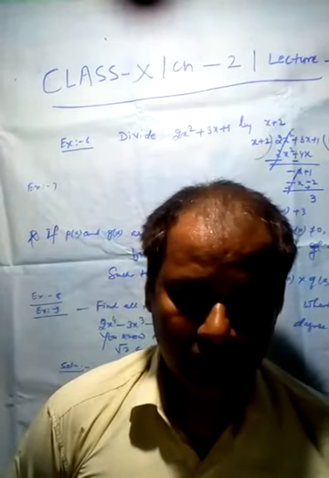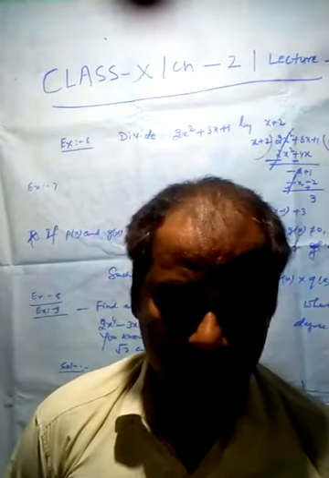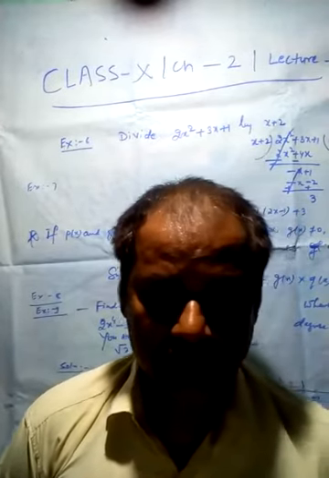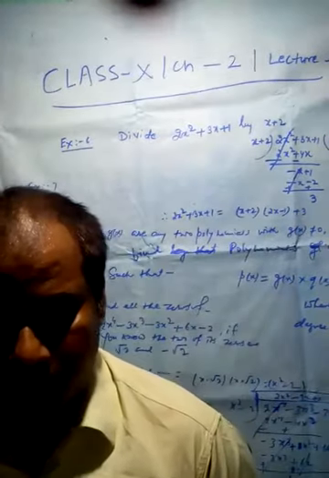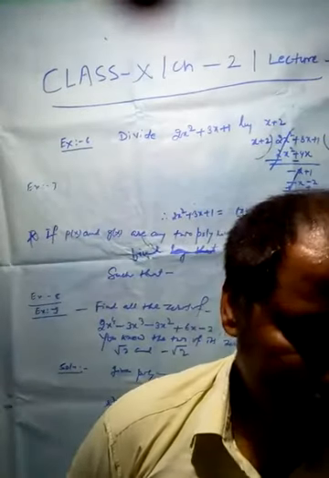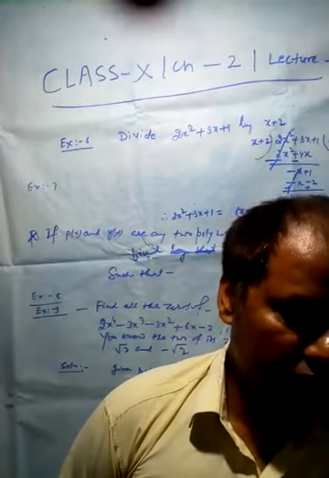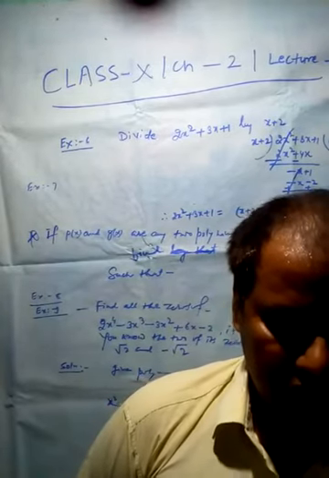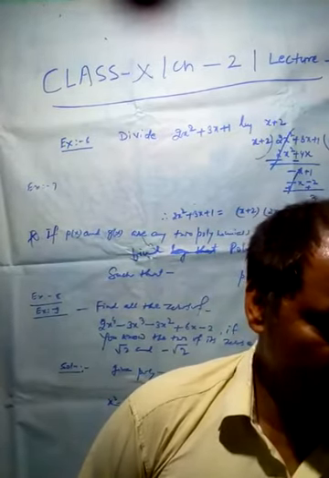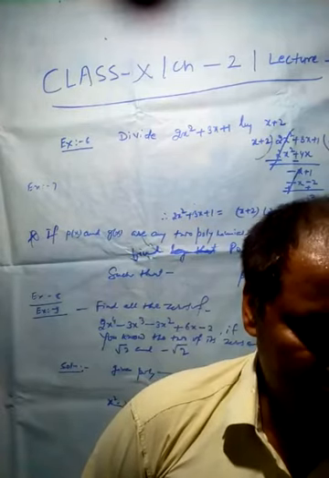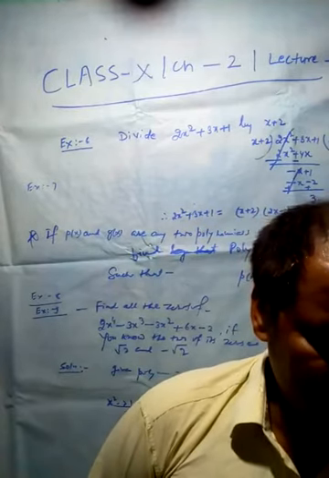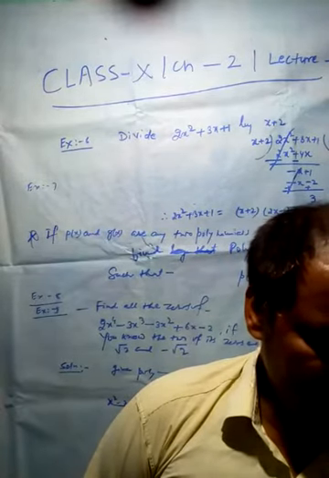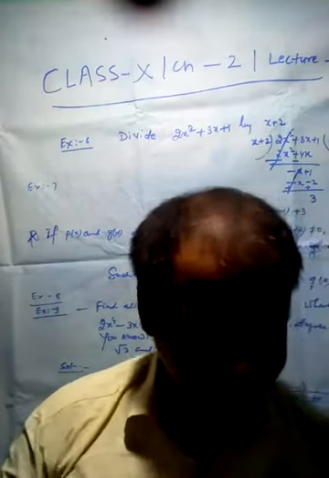After the completion of the long division method, you will get the remainder as 3 and the quotient as x − 2. We stop here since the degree of 3, which is 0, is less than 2, the degree of −x² + x − 1. So quotient is equal to x − 2 and the remainder is equal to 3. Now divisor into quotient plus remainder is equal to dividend. In this way the division algorithm is verified.